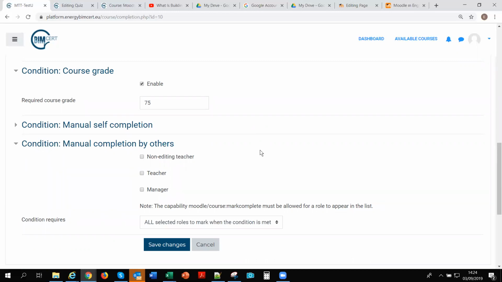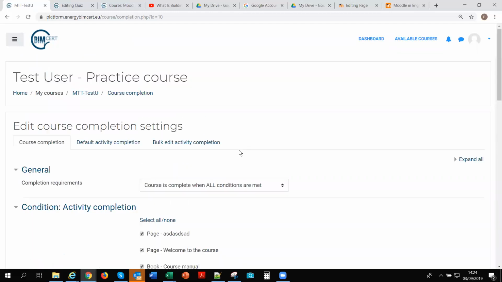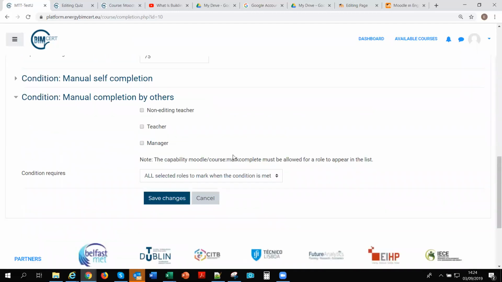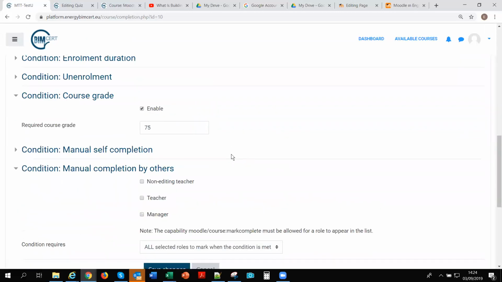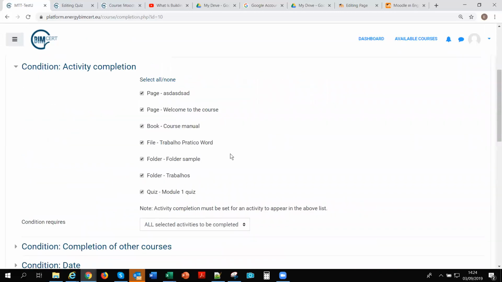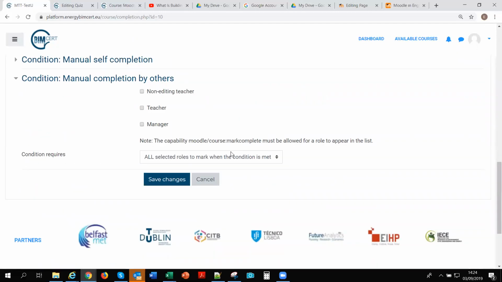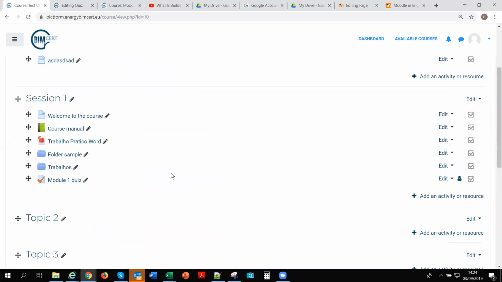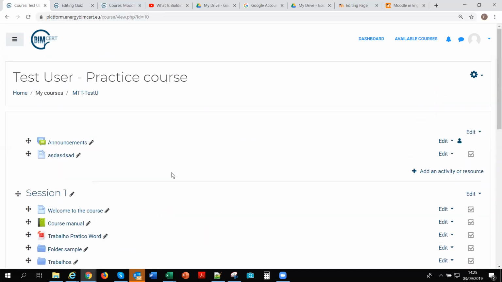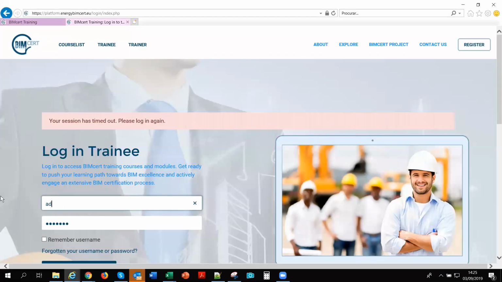So this may not make sense for you, but the course completion is something that may be configured, and sometimes it's really important to configure it because you can have reports on who completed the course or not. So I'm going to save changes. Okay, now I'm going to show you here as an admin,